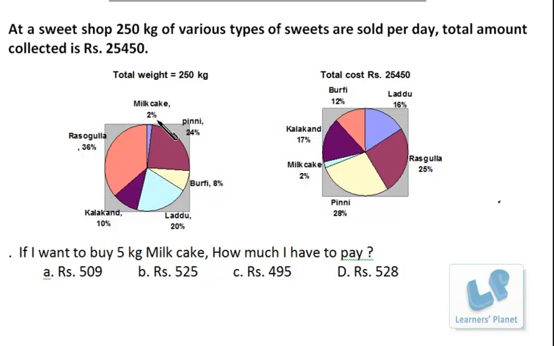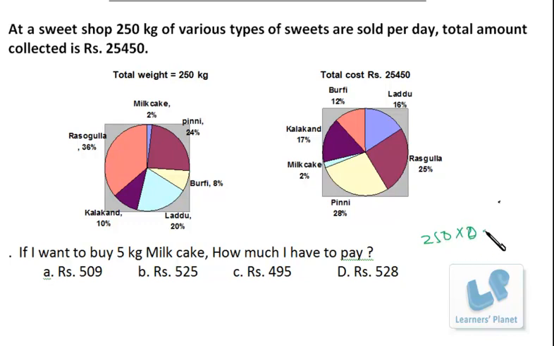Friends, what do most of the students do? They actually calculate what is 2% of 250 kilogram. First of all, they multiply the things, then they divide the things, then they divide by factorization. There is no point in multiplying the things. Keep them as they are. So 2% of 250, I just keep it as it is. Though it is easy, there is still no requirement of multiplication.